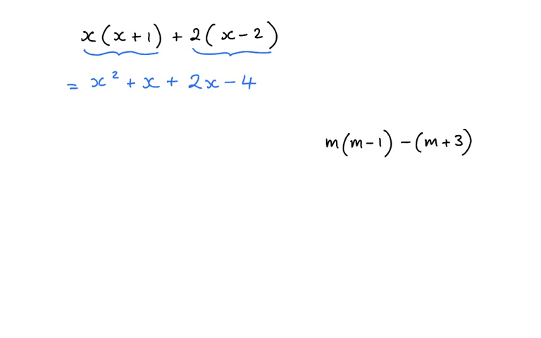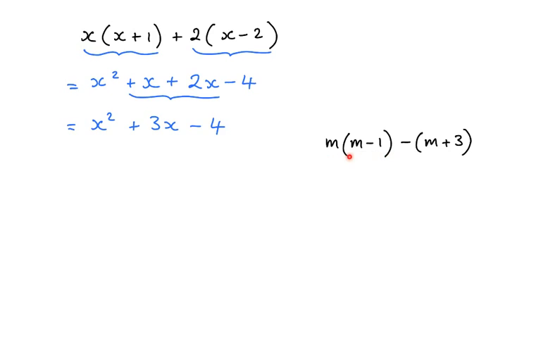Now we need to collect like terms. And you have to be careful here because there are 3 different terms. These terms are an x squared term, x terms, and an integer. So collecting these terms, I have x squared plus 3x minus 4. And now we move on to the very final one,